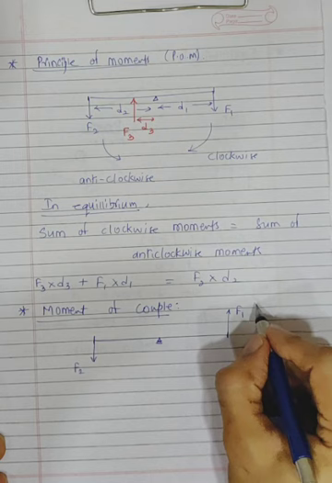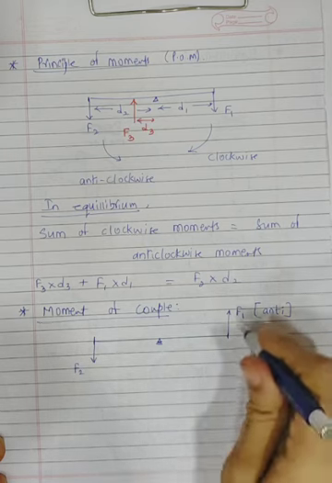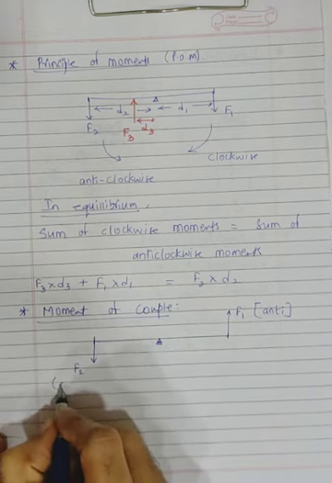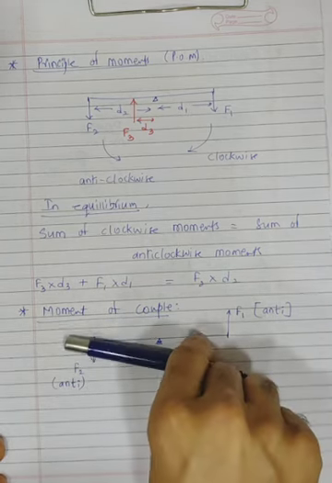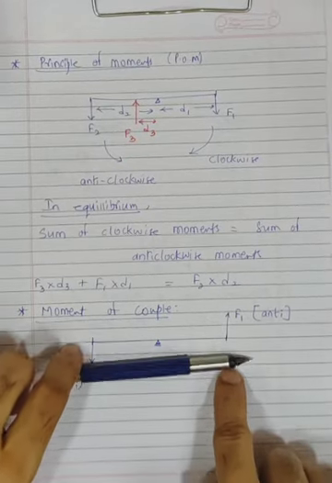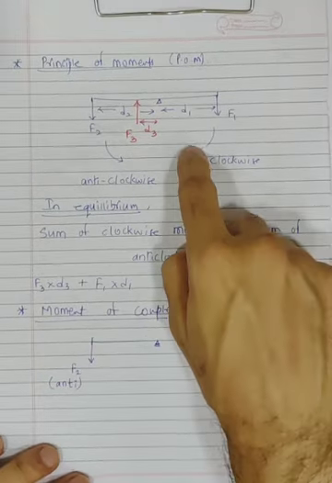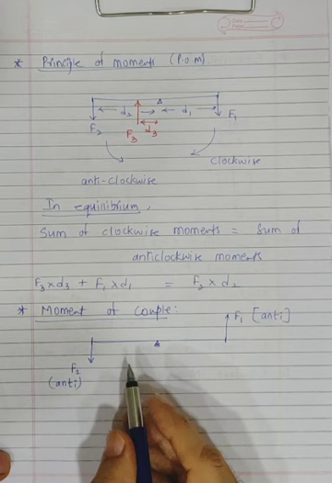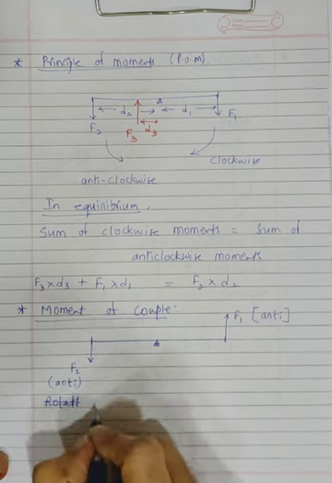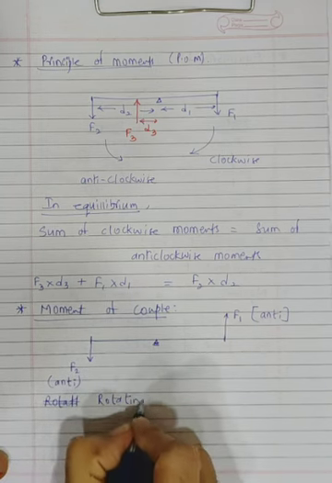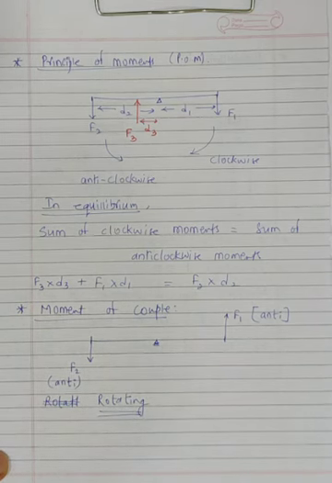So it will produce an anti-clockwise moment. What will F2 produce? Even that is producing an anti-clockwise moment. So because both are creating an anti-clockwise moment, what will happen to this body eventually? It will start spinning in the anti-clockwise direction. It will not get balanced like how it used to get balanced earlier, like in a seesaw. This body will start spinning or rotating. This moment which is produced is called moment of couple.